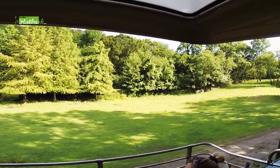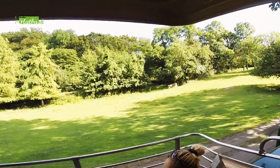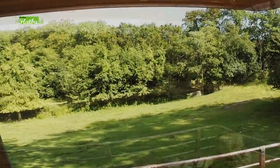Now you can only tell a male from a female, as the males have blue heads and the females have green. They have free roam of the Bronx Zoo. You'll see them everywhere today, not just here in Asia. We'll catch up with the deer and antelope